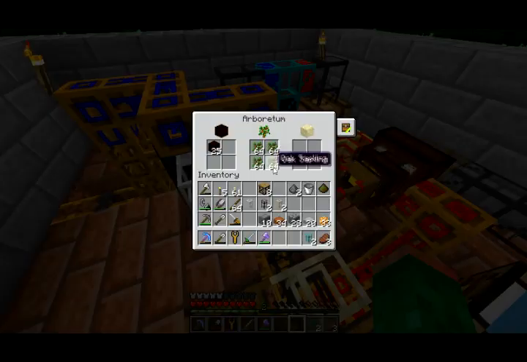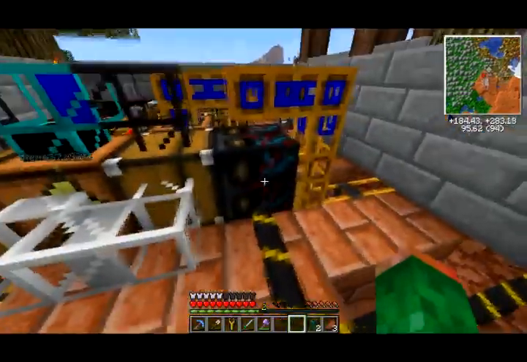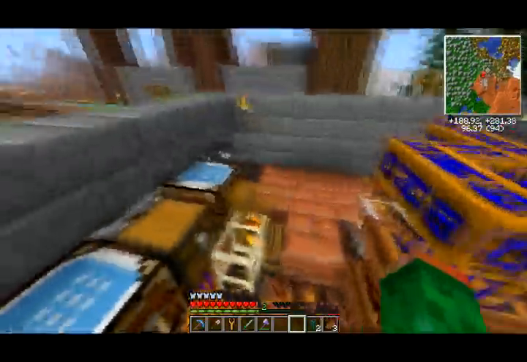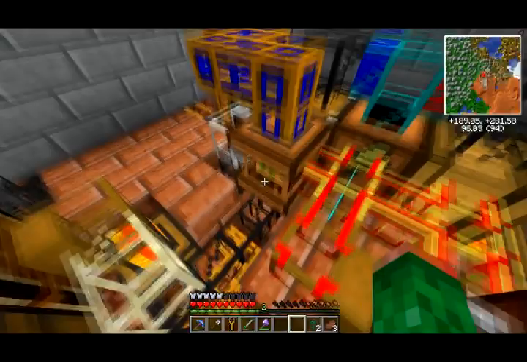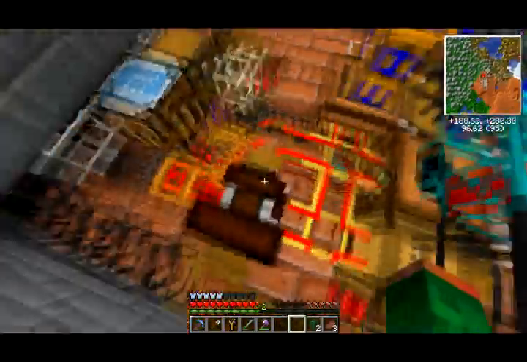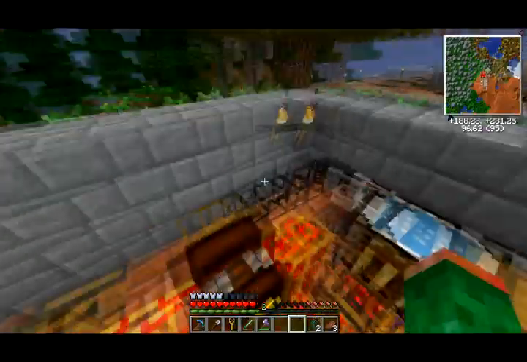The saplings are full. And now here's another sorting machine. So the actual tree farm setup is just kind of the next step in this. Arboretum and logger. Logger is right there. Arboretum's here, all powered by a peat engine, which pushes ash into this chest so we can use it for